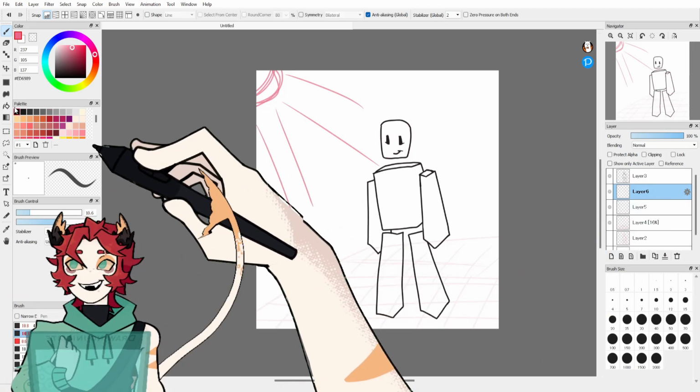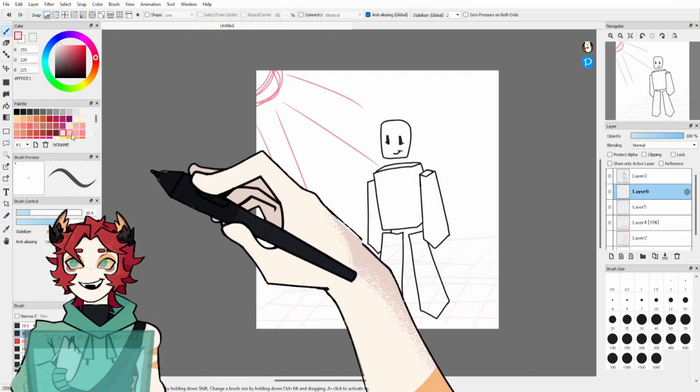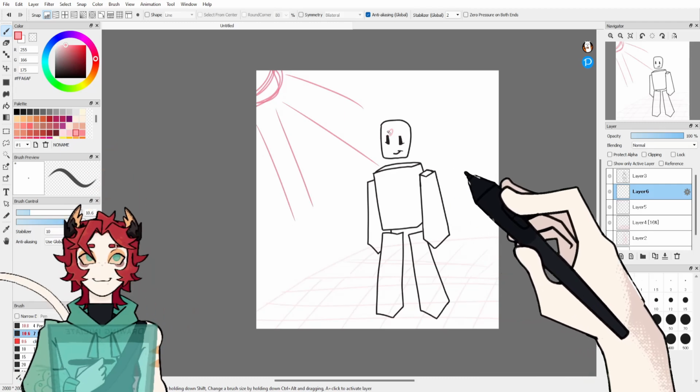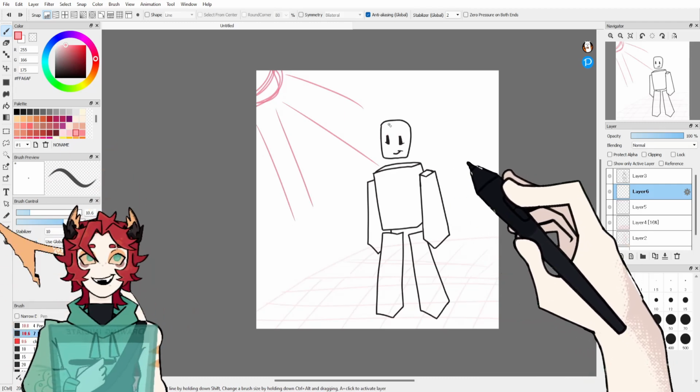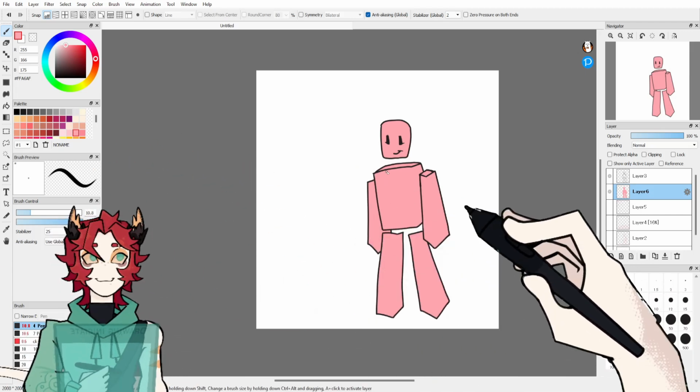So knowing this, let's pick a color for our little guy to be in. I'm gonna pick this pink. Okay, now that we've colored him in,